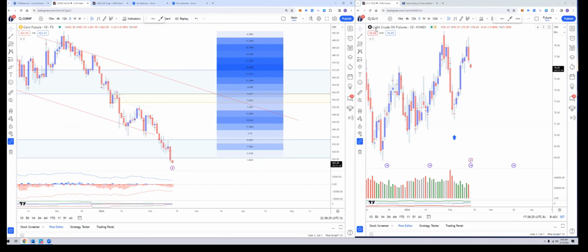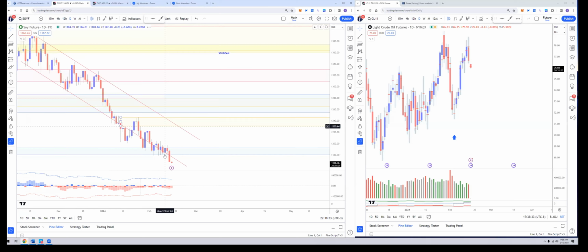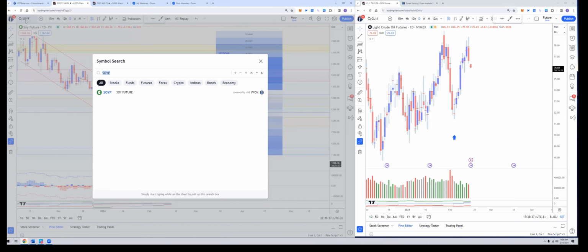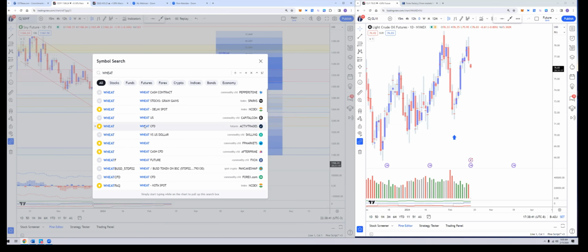Okay, we have a very strong sell down. I think corn, soy, and wheat might be the same. I know corn and soy are the same, but wheat is a little bit different. Anyway, it's also a bearish candle, looking bearish. So two of them are bearish, and look at the wheat here.